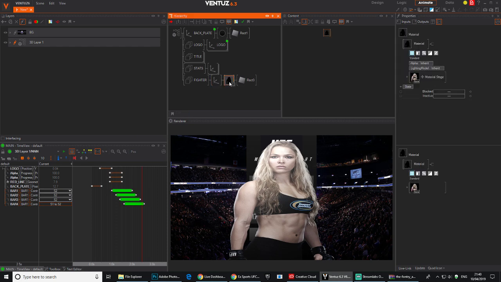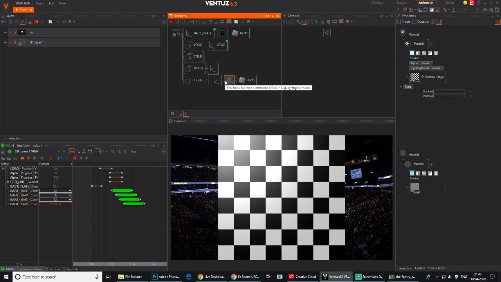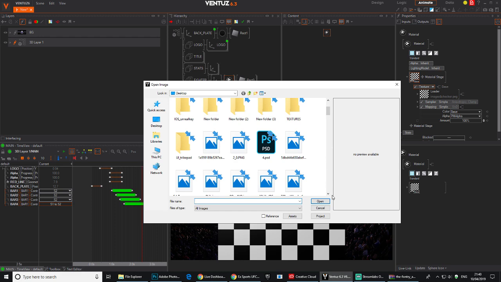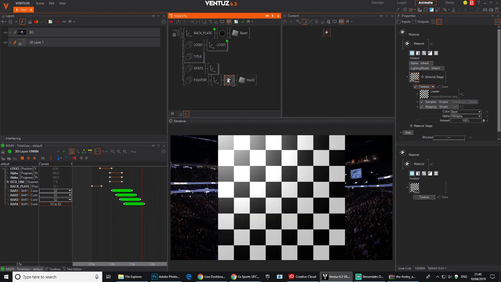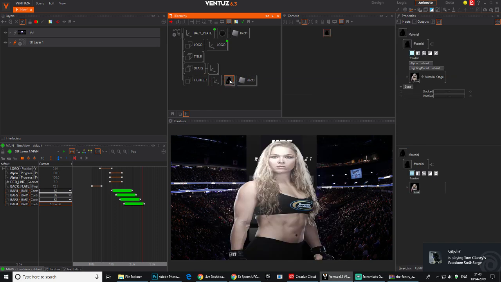Other way, where we're searching for color, you can also type texture. You don't have to type color, and you get the checkerboard. Then you can just double click, find it. So there's plenty of ways of getting an image in really easily, like so. There we go. If we go here, I think it's here. Yeah,